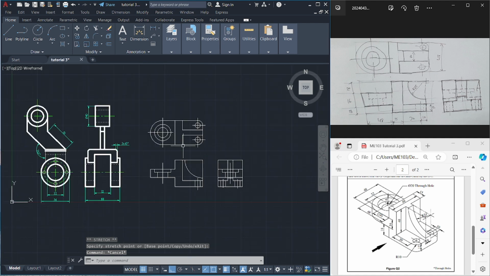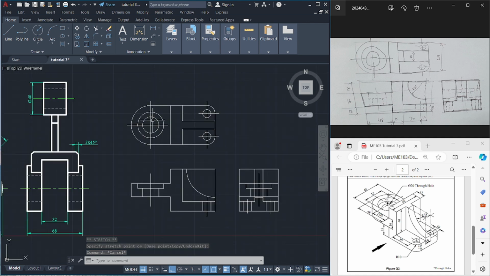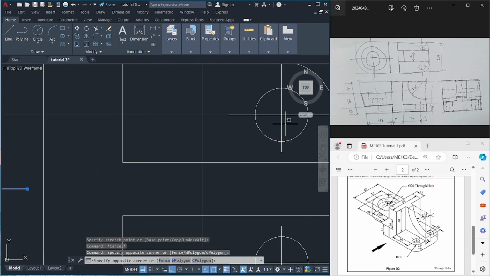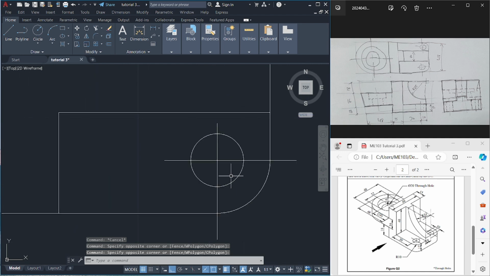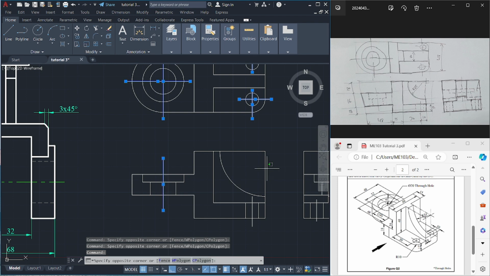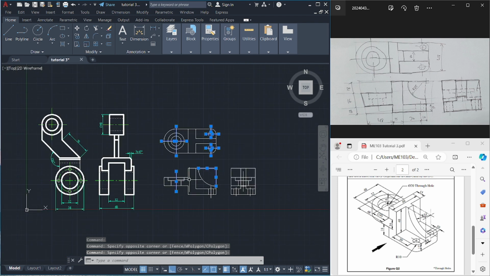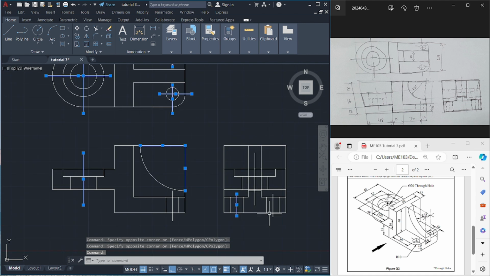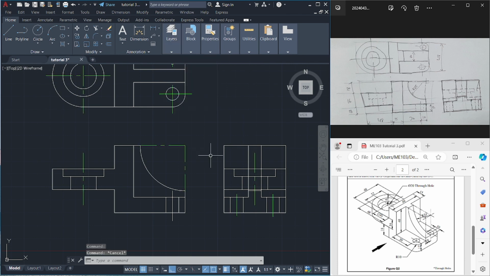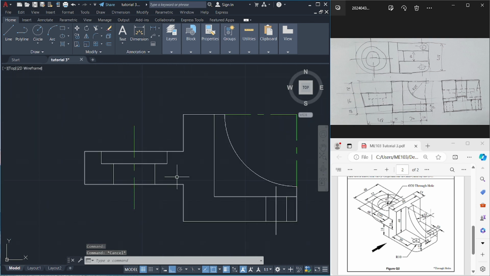And what follows is changing the layers. So these are supposed to go to the center line layer. And also these are center lines. This one is the center line, this is the center line, this is the center line, this is the center line, similar to this one. So I'll go to the layer and change it to the center lines, the center. I have completed that, and also have to change these ones